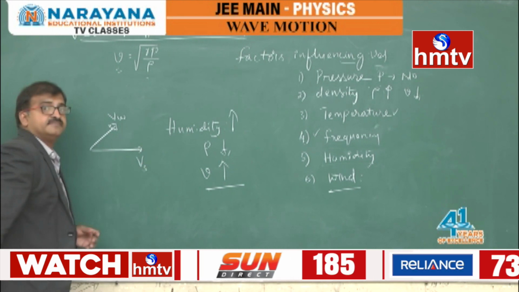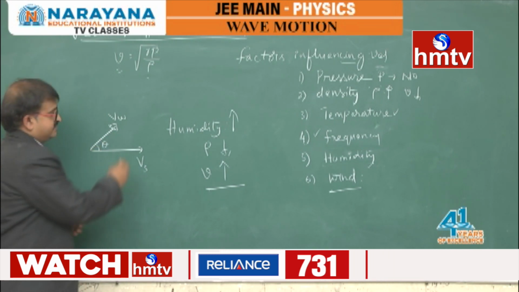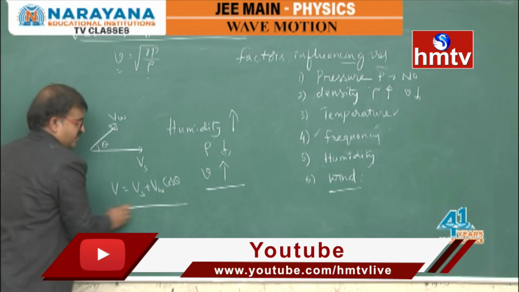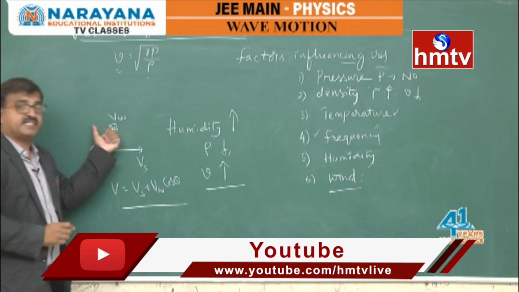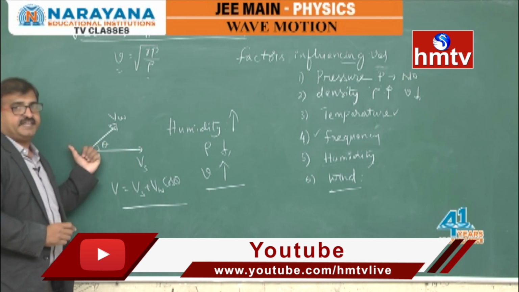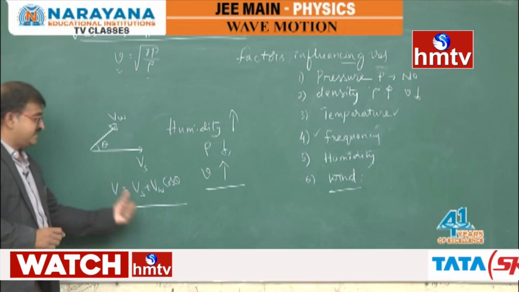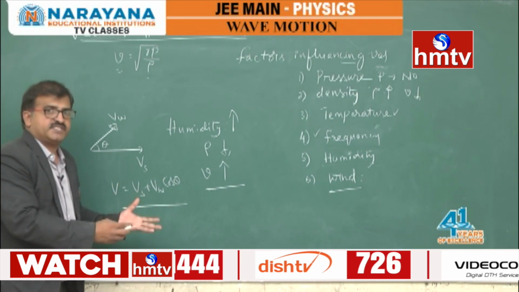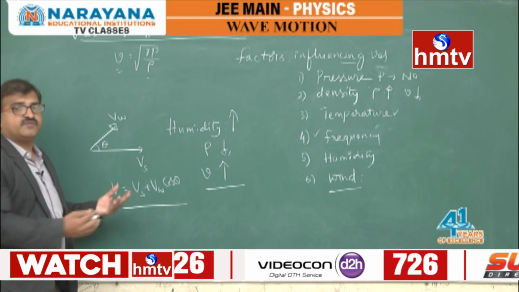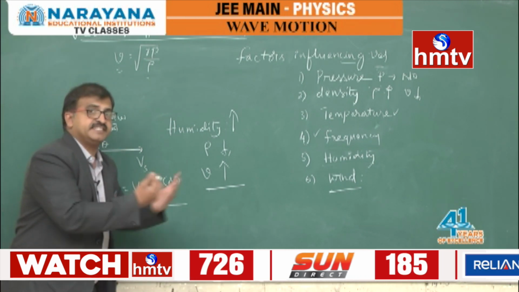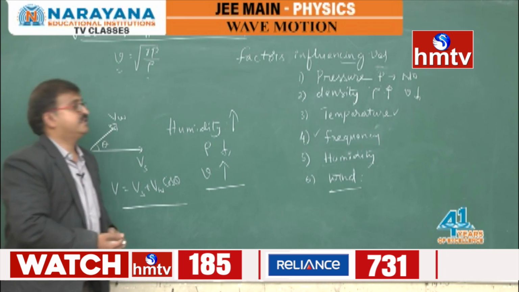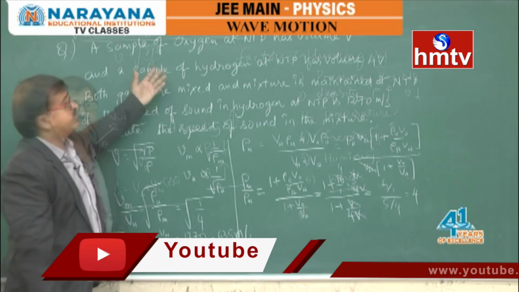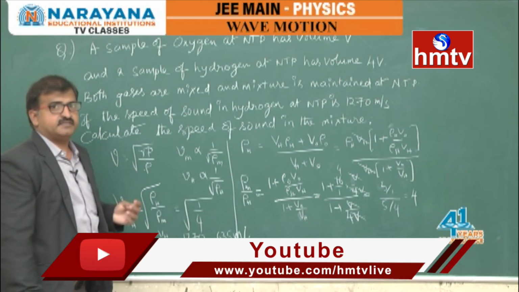Coming to wind, here simply, if the wind is blowing in that direction, and this is the velocity of sound, so that they are making some angle theta, then the net velocity of sound will become Vs plus Vw cos theta. If it is blowing in the opposite sense, theta gradually increasing, when theta value is 90, there is no effect. Opposite to that, it becomes Vs minus Vw cos theta. So wind is the carrier of it. So that carrier is moving, which means the sound velocity is also going to increase. Supporting means increased. Opposing means decreased. That's how the wind shows its effect on the velocity of sound. So here, velocity of sound in air, the factors influencing it.